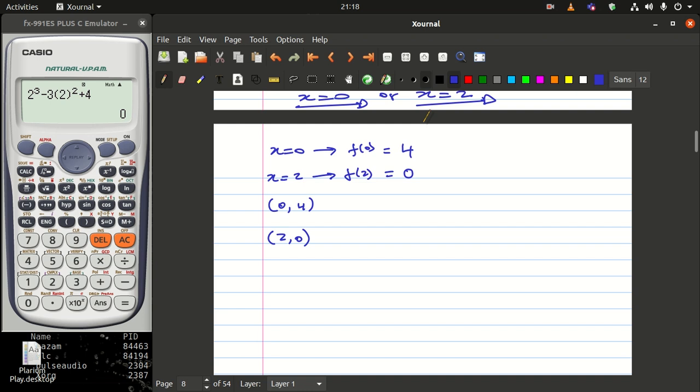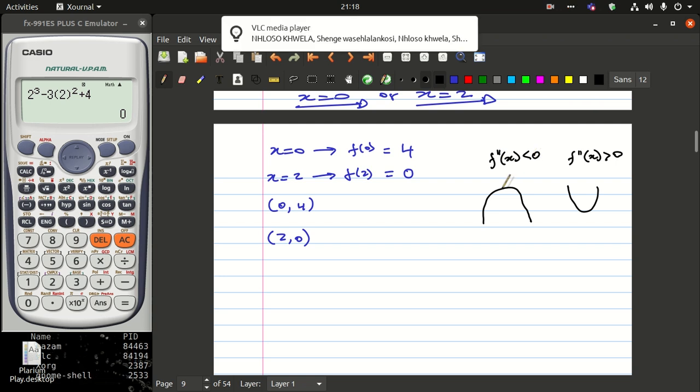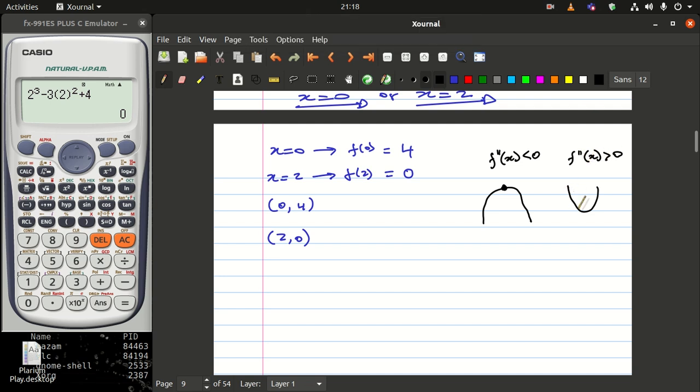So what is left for us is this nice thing here. If I have concave down like this, in other words, the second derivative with respect to x is less than 0, I will end up having concave down. And if the second derivative with respect to x is greater than 0, we have concave up. So if the second derivative is less than 0, this point here is supposed to be the max. And also, if I am having concave up, any point that is here will end